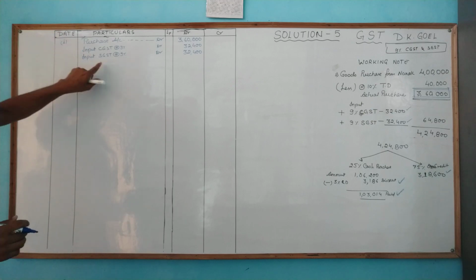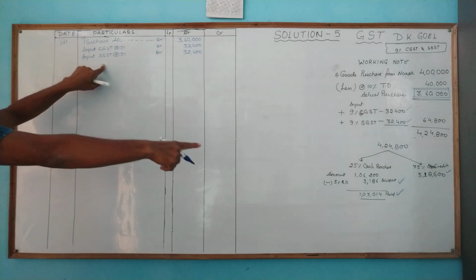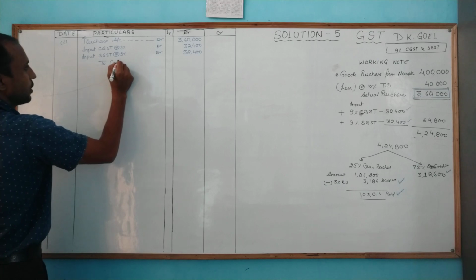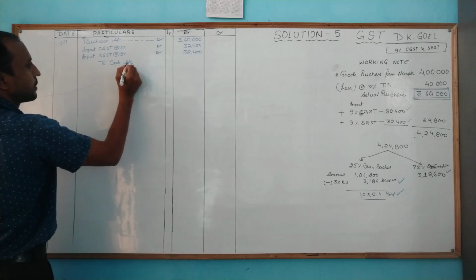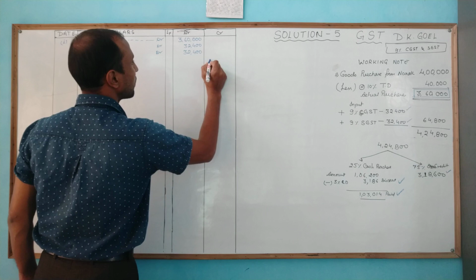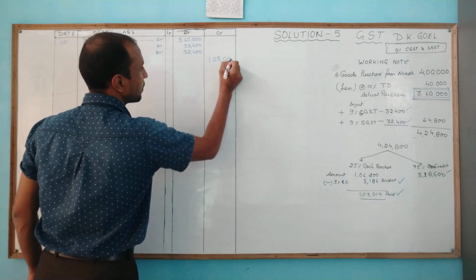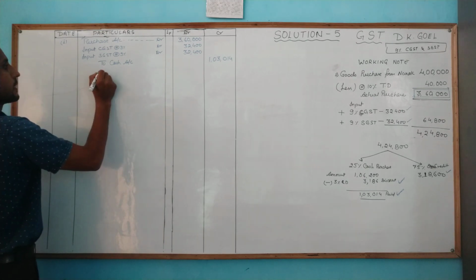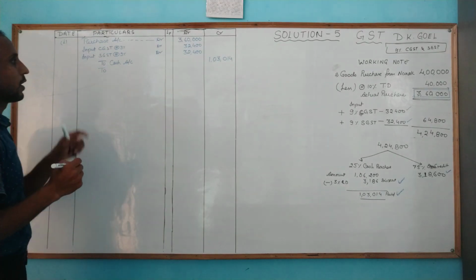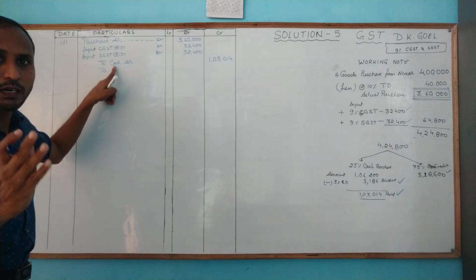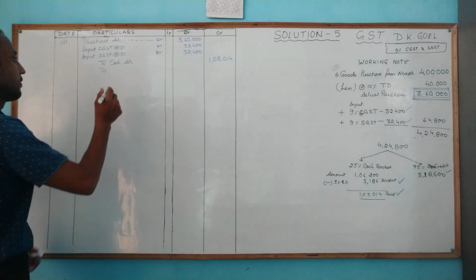But the purchase, how much you have paid in cash? So from that corner you can see that to cash. How much you have paid? Cash account से कितना दिया बेटा आपने? Cash account you have given 1,03,014. It is clear? Then you can see always cash. If there is a discount entry, always discount entry comes with the cash. So here we will write discount.